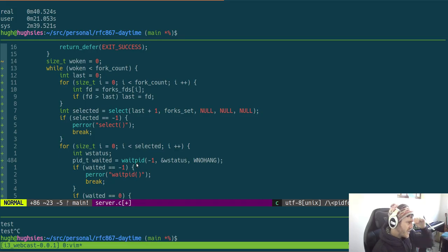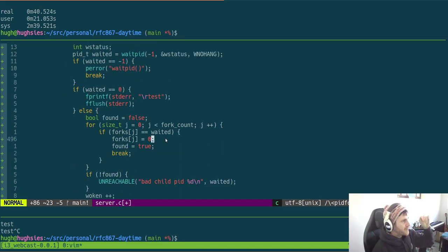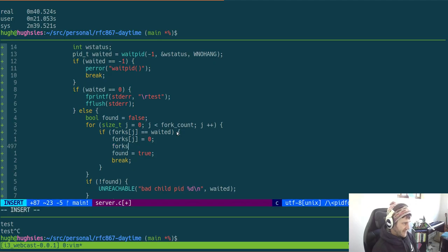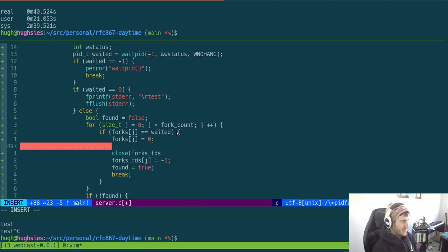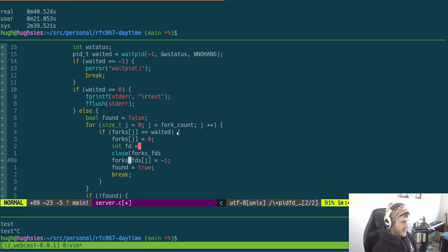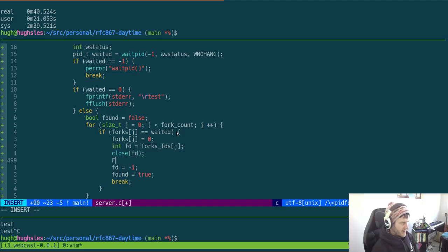Cool. And at this point here, we get this, and we now need to go forks FDs, and this is going to be j, and we'll just set it to -1. But we probably need to close forks FD, and I want to get it out because I'm needing to do a few different things. And so this can just be that, that can be that. And so we're going to close it. We're also going to FD